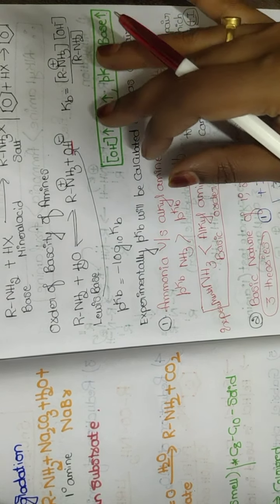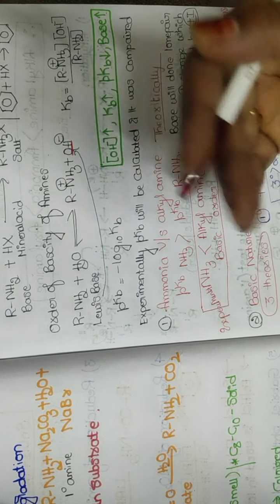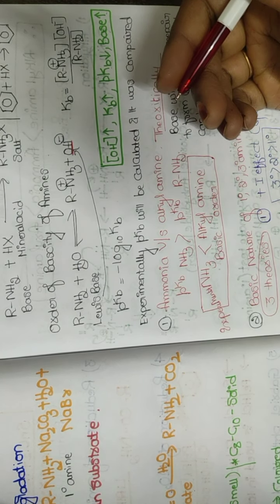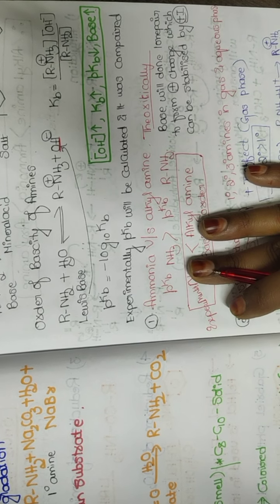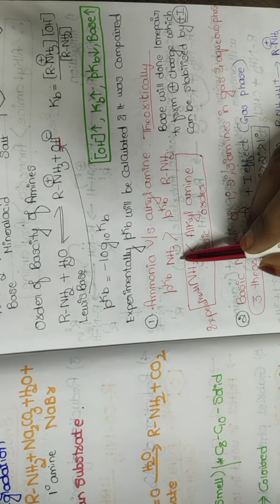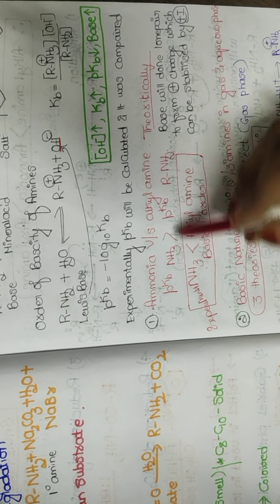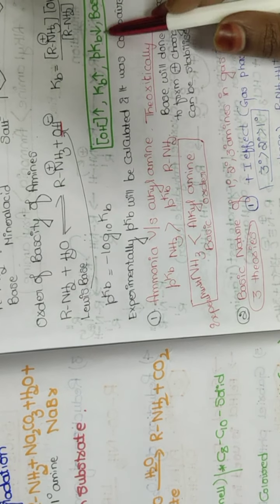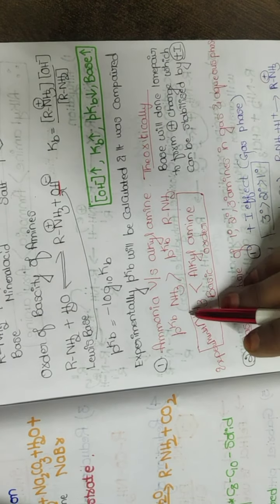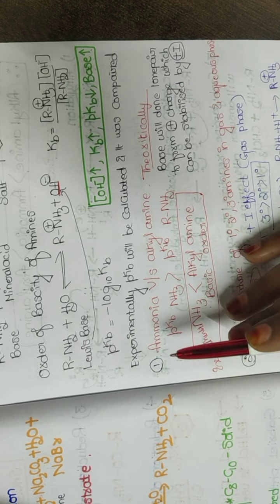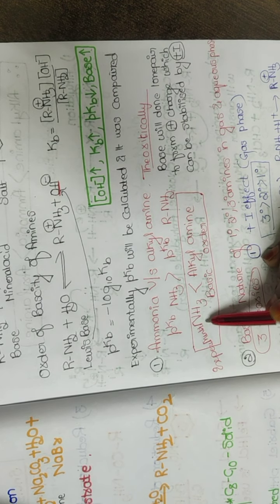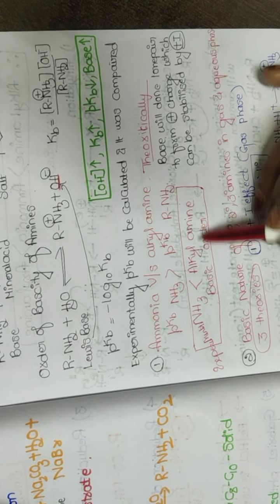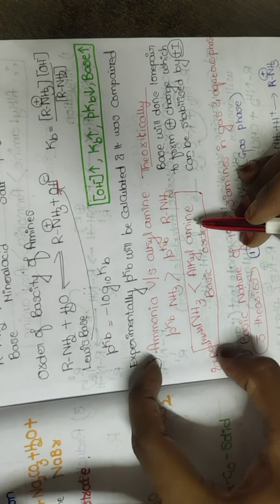So this is all about the experimental concept. We are performing the experiment, we are measuring the Kb value, and we are calculating the pKb value. And it is said that the pKb value of ammonia is higher when compared to that of the primary amine. What did I tell? pKb and base character, how are they related? They are inversely proportional. Therefore, if the ammonia pKb value is higher, that means it is less basic in nature when compared to that of the alkyl amine. So this is the experimental way.